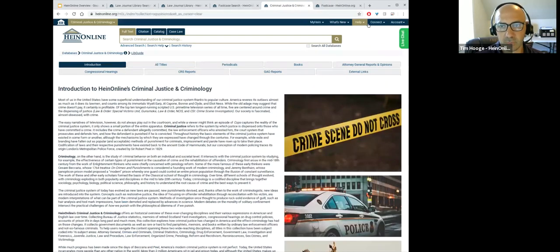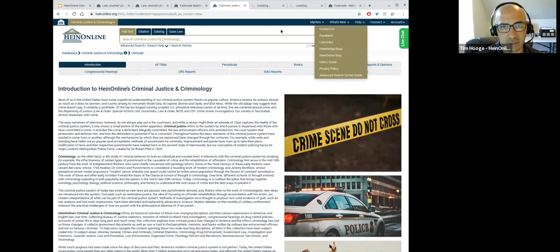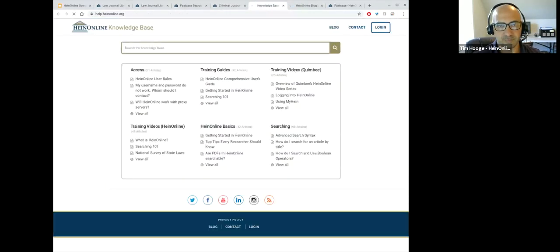So what else do we have for support? We also have a knowledge base and a blog, in addition to many LibGuides. First, let's look at the knowledge base. The knowledge base is a resource for all sorts of different aspects of HeinOnline, whether it be setting up access to your proxy server, what the best links are to use, or how to use a permalink. We also have training guides for specific databases, as well as overall HeinOnline usage, the basics, how to grab a PDF, how to print something out, top 10 tips to get into HeinOnline.